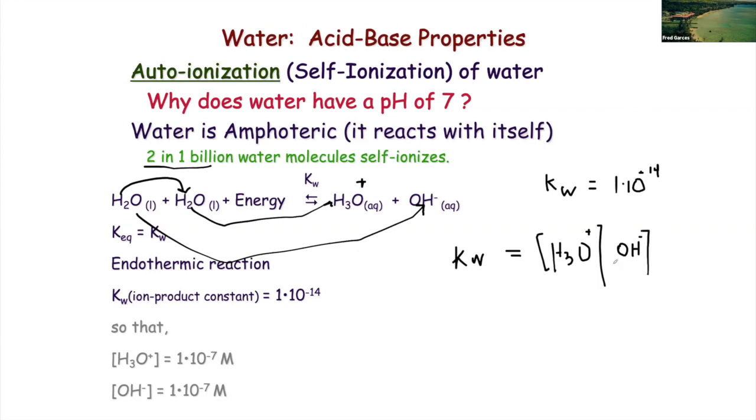It's always the products over the reactants. And you might ask yourself, well, then shouldn't water be in the bottom of this equation? And the technical answer is correct. Water should be at the bottom of this equation because it's always the products over the reactant. But you only put chemicals in the mass action expression